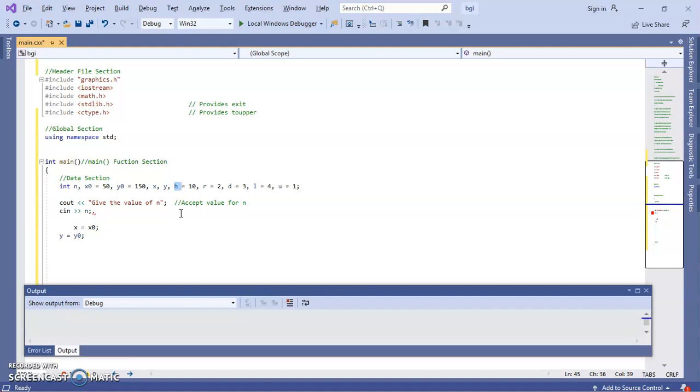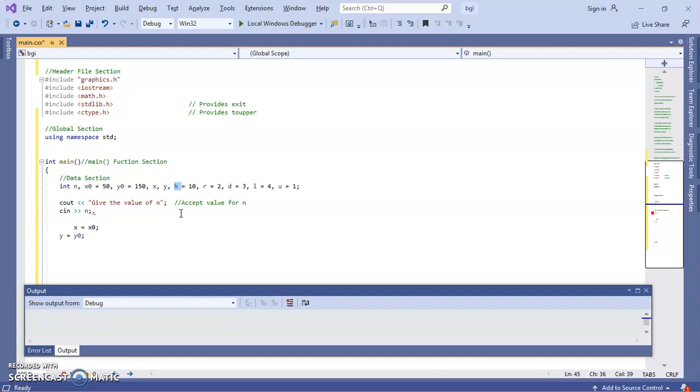Next one is the r variable. The r, d, l and u variables indicate the direction. We know that there are flow directions up, down, right and left, and we assign some constant value to them. When we call the Hilbert function for execution, we pass these values to that function.